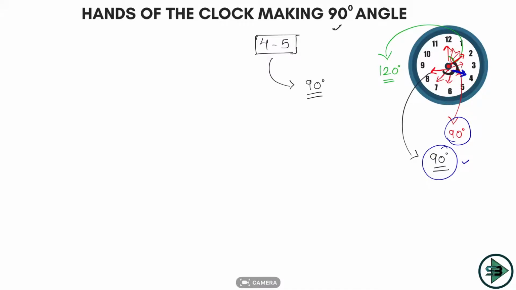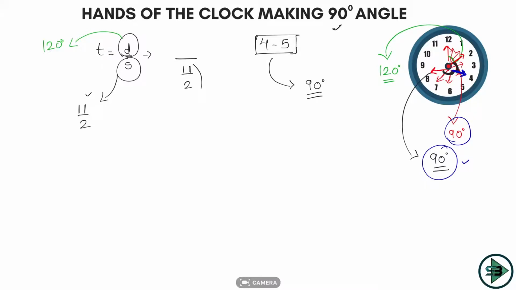So what will you use now? You will use the same formula we have studied: time is equal to distance upon speed. Who travels the distance always? The minute hand. In the case of coincide, the distance traveled by the minute hand was 120. Speed was what? Speed always remains 11 by 2. No matter what we solve right now, speed will always remain 11 by 2. So I will write the speed as 11 by 2 only.